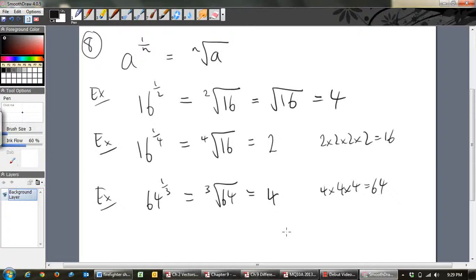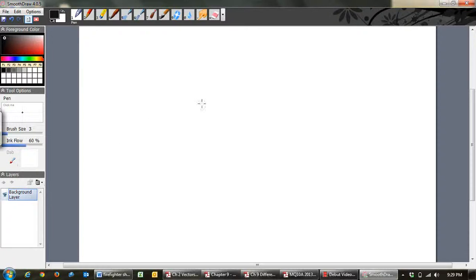Up to 8, 6, 7, 8. Yeah, probably. I'll do one more index law. But that's the basics of that, and I'll do the next index law first, and then I'll do some more difficult examples. Index law number 9 says that any number a to the m